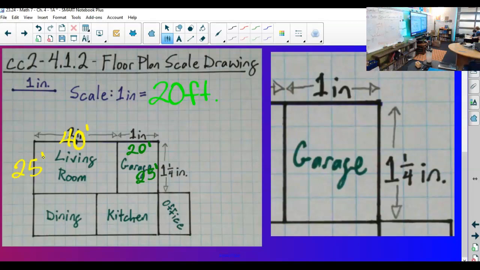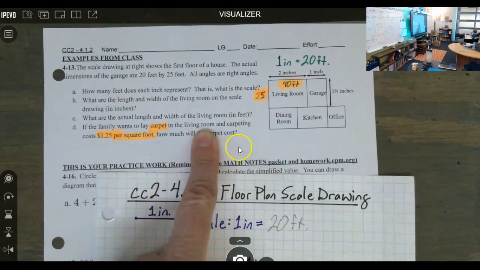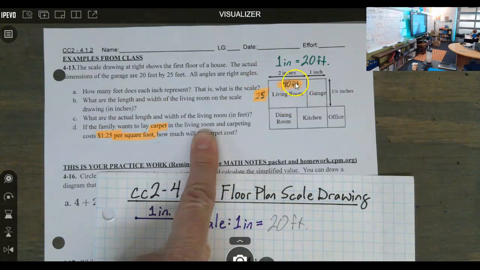Emery, what'd you guys get for the area to make sure that we're all agreeing? Wait, on which one? For the living room, right? Because doesn't it just say living room? Where does it say? Yeah, part D. If the family wants to lay carpet in the living room,